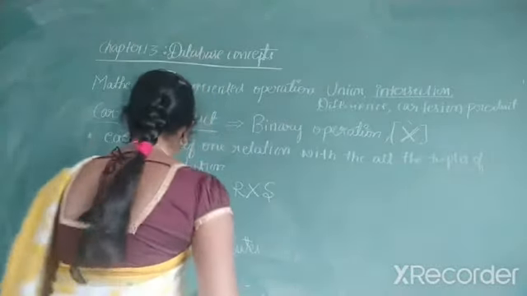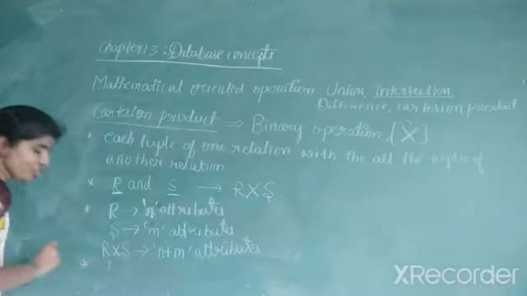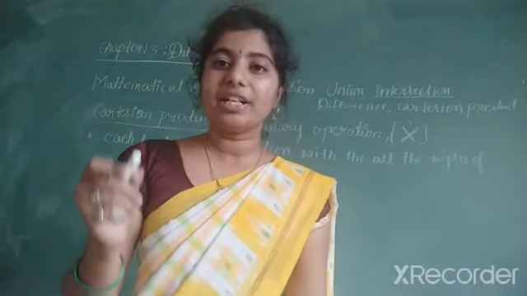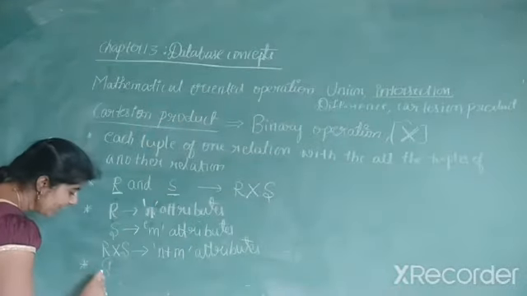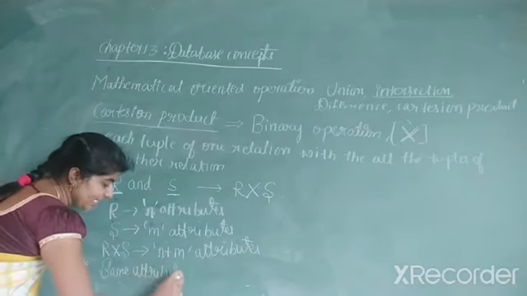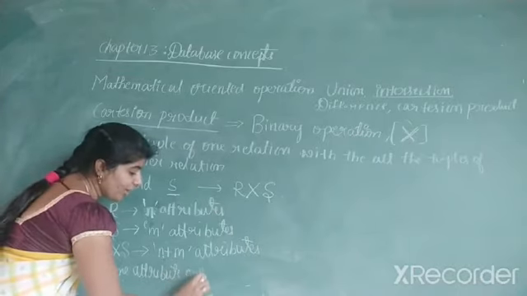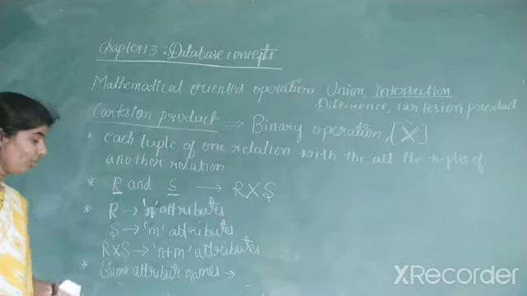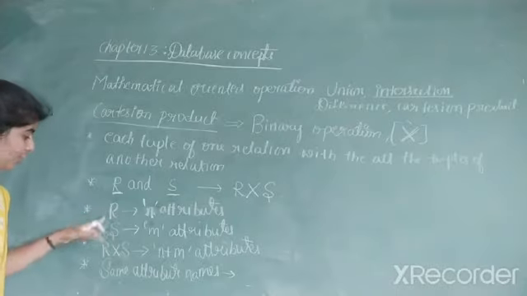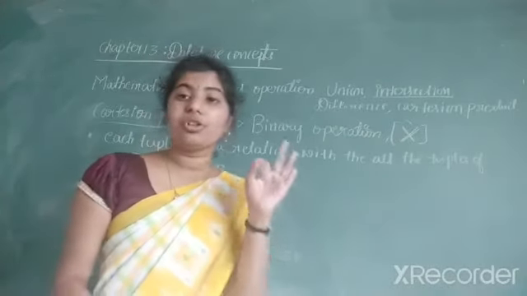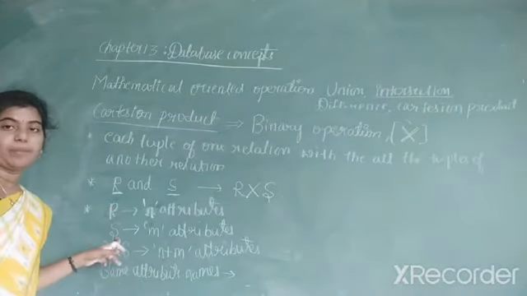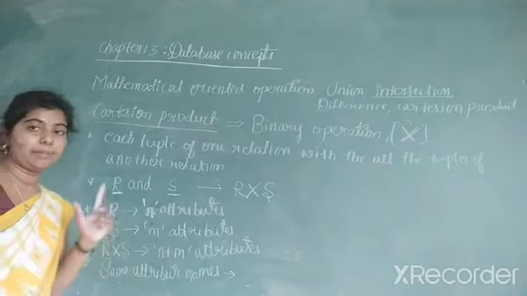And one more point is, when you perform the Cartesian product between the tables, there is a chance of having the same attribute name in the two relations. Look, there is a chance that both relations have the same attribute names, which means the same column names. So consider the R relation and S relation. When the attribute name is the same in both relations, for example, here there is Job ID and here also there is Job ID, the attribute has become the same on both sides.